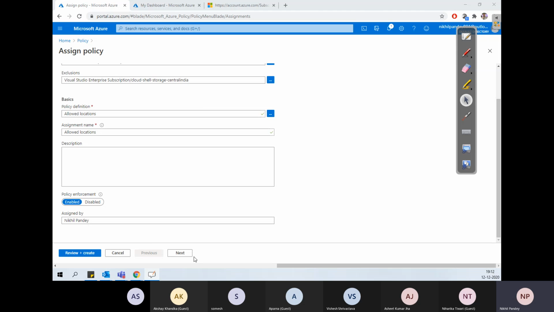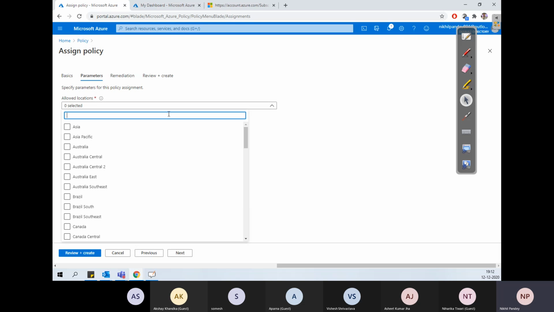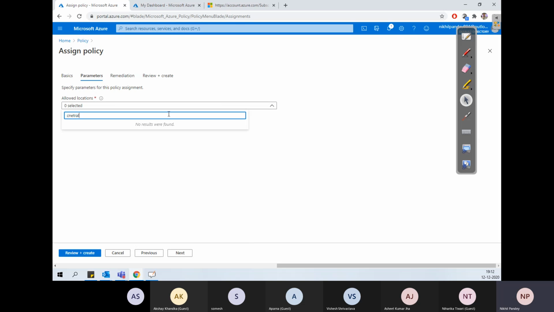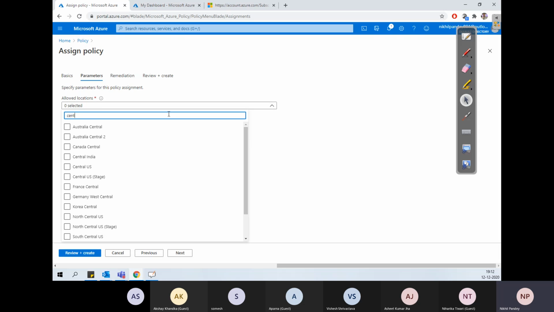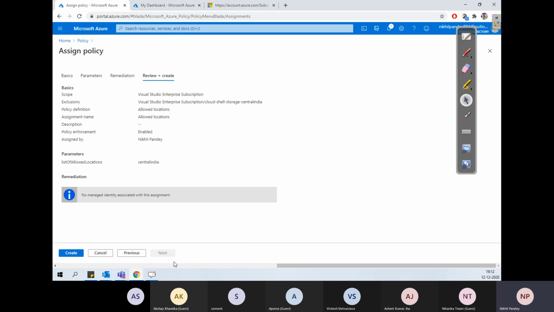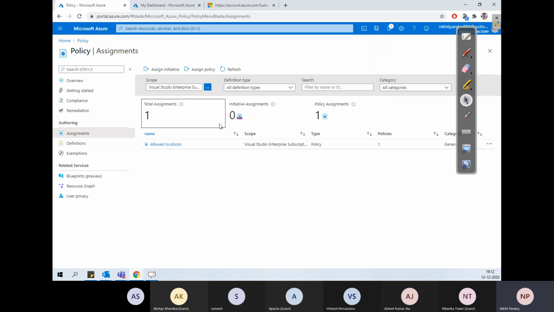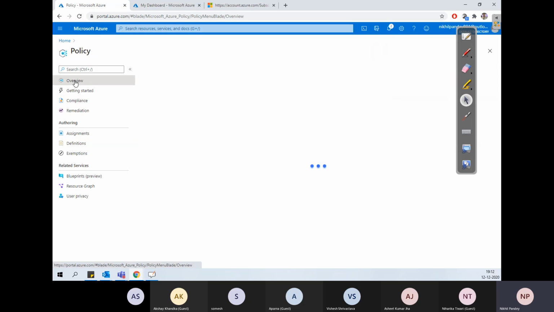So as of now, it's enabled. Then next I will select this. So I selected the allowed location. So I have to select that location over here. Suppose I'm selecting Central India. So I selected Central India. I will go next. Next, create. Since I selected Central India, I will be able to create any virtual machine, any storage unit, anything only in Central India. So when I see the overview,